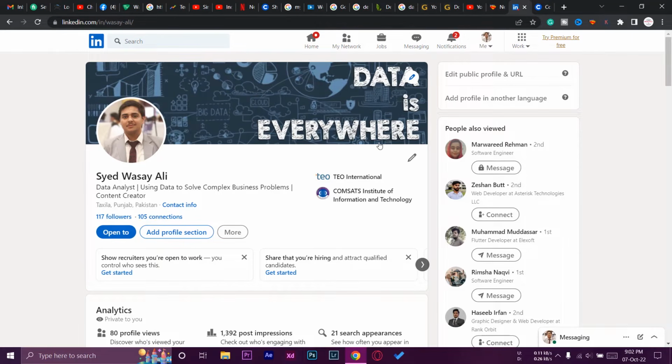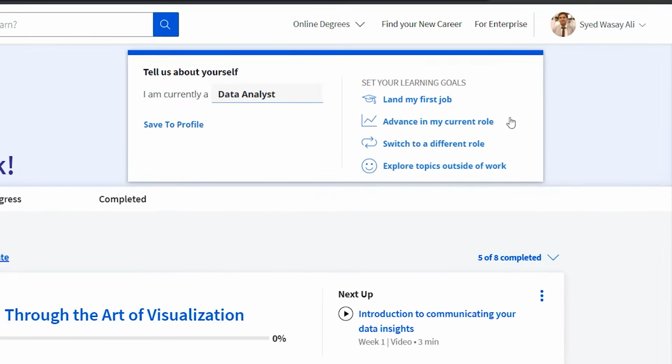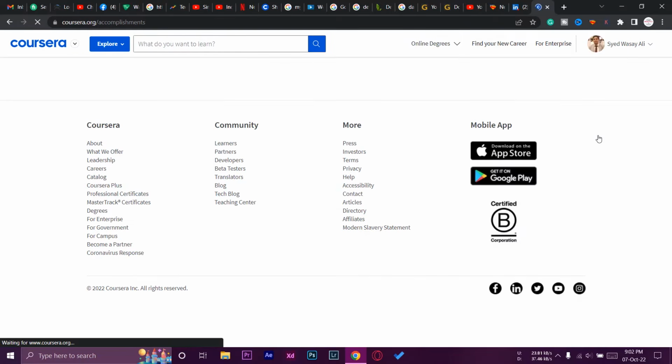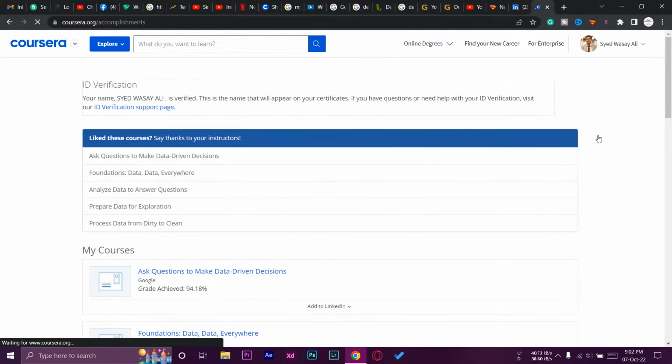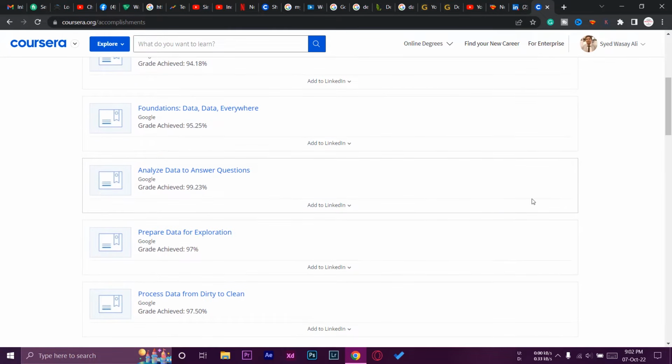First of all, make sure that you are logged into your LinkedIn profile as well as your Coursera account. So here is the home page. All you need to do, on the top right side you're going to see your name. You're going to press on that and you need to press on the accomplishments section. This is the place where all of your certifications will be shown, or all the certificates for the courses that you have completed. Here you can see in my courses I have a total of 5 for now,